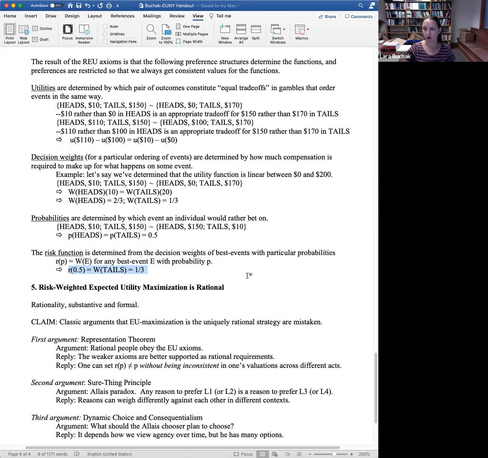And the axioms basically fix that anytime you derive these values, they're going to be consistent. So it's not as if looking at one gamble, I'll get R of 0.5 is 0.6 and in a different one, it's 0.7. No, any way of performing this procedure, you will get the same value. So that's what the axioms do. They give you consistent, unique versions of these 3 functions. And so this is basically how they work.